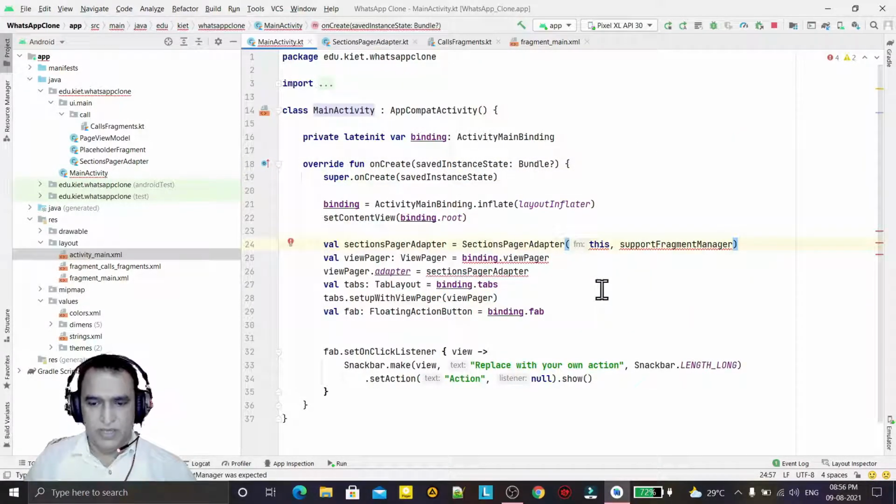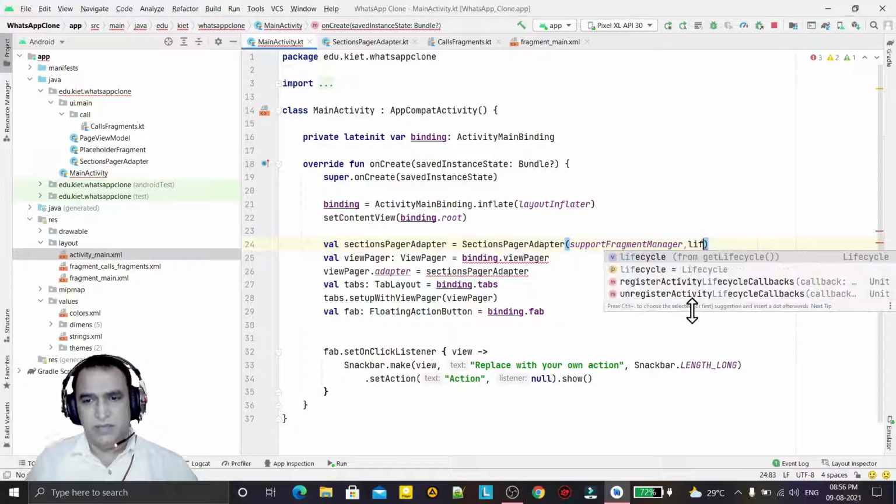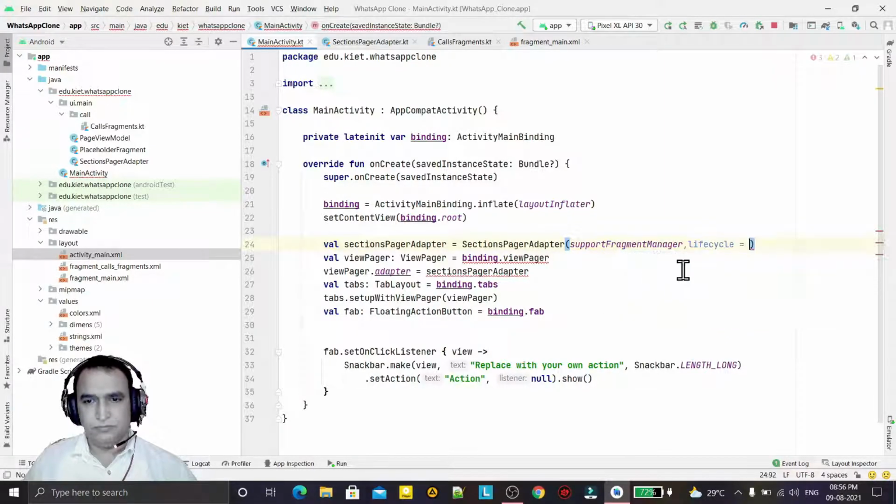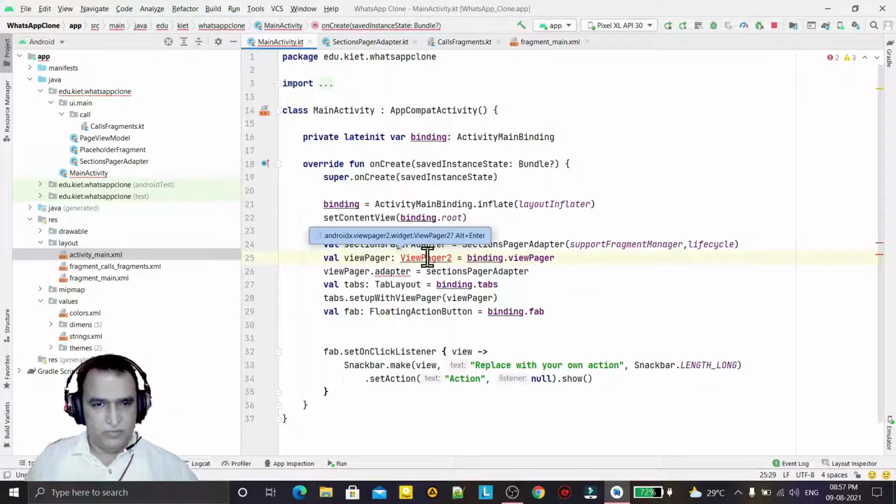To remove the errors, first of all we have to pass the fragment, and then I have to pass the lifecycle like this. Now in place of this I have to change it to ViewPager2 like this. Now I have to import this class also. Now this part has been done.